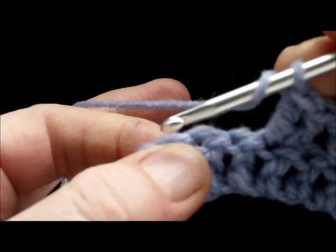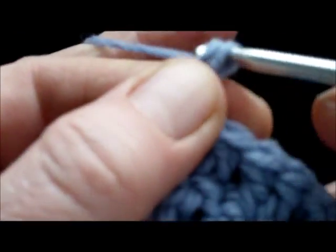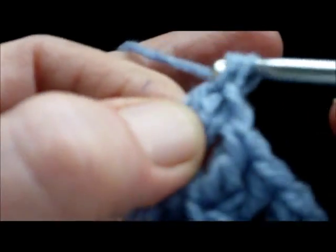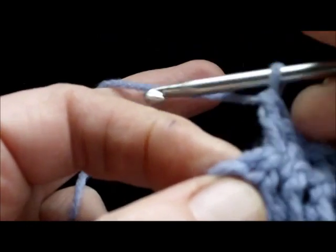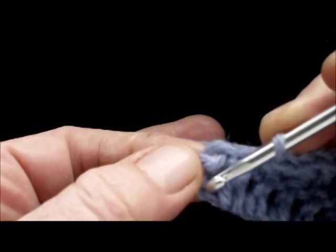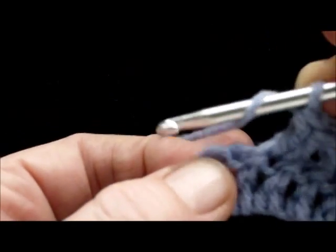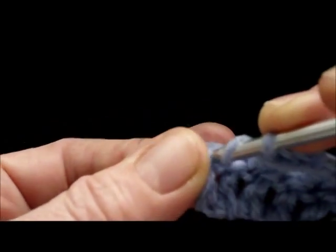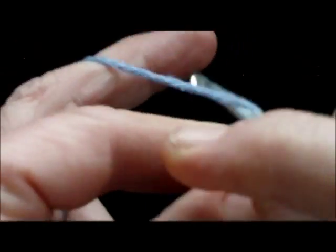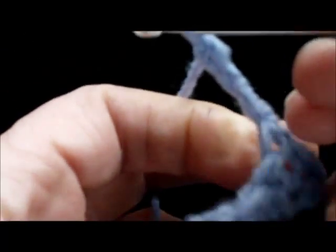Just a few stitches left there, missing 1, treble into that one, another treble into the same one, and then what we're left with is 1 more stitch and the turning chain. Now remember, the turning chain counts as a stitch, so miss 1, and we're just going to do 1 treble into the top of that turning chain. And again 3 chain to turn, and on the next row